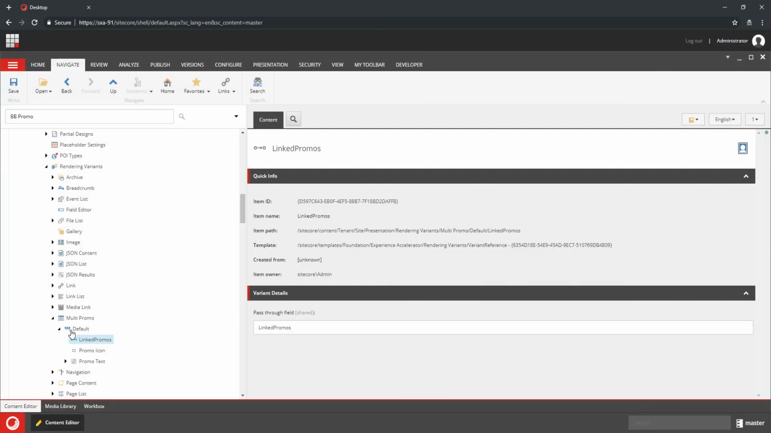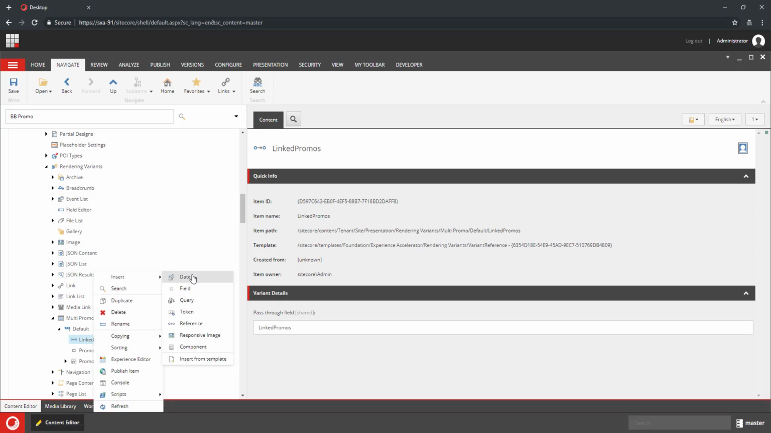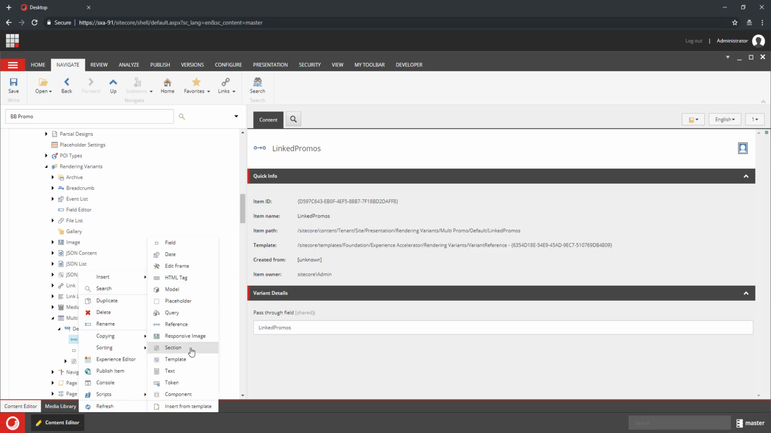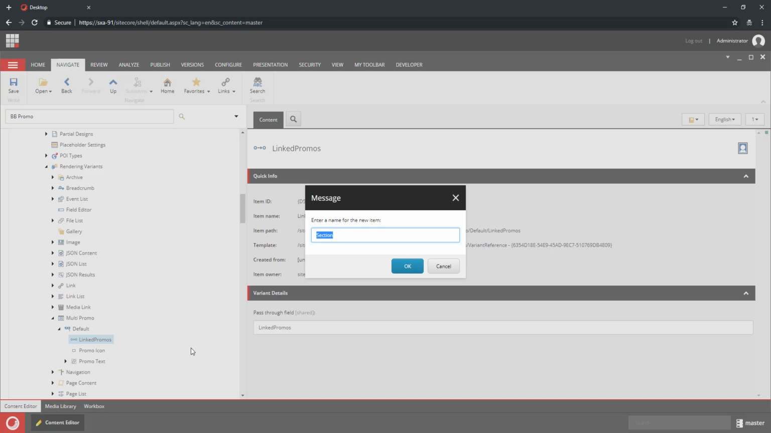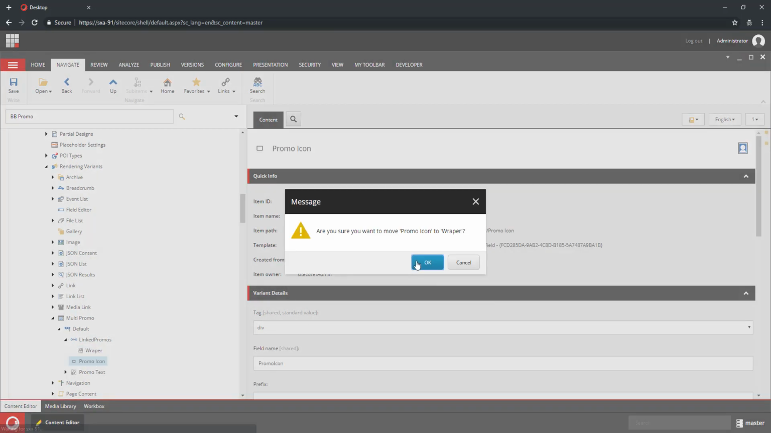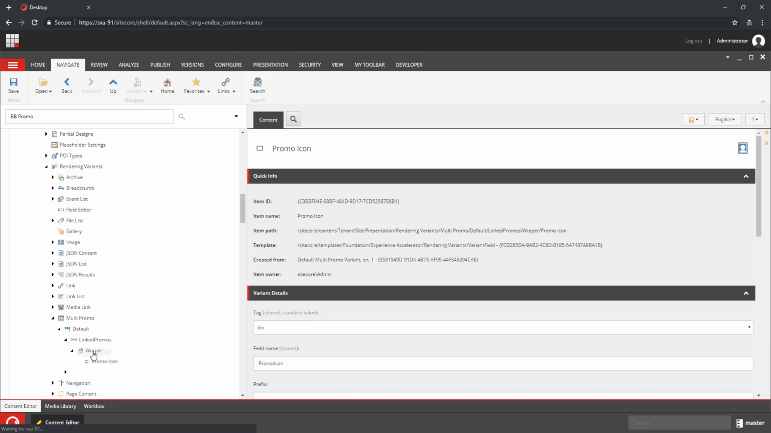So from my data source, I want to go through the linked promos and render the fields from those promos. So I'm going to add a section here, and that section is just a wrapper, and drop that wrapper here and move the promo icon, move the promo text. So it's going to go into the link, and for every link that it finds, it's going to